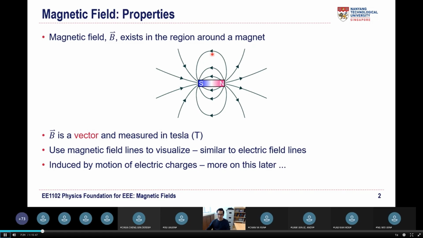And of course, that means all the rules that we use for electric field will apply to the magnetic field lines, such as there's no crossing of 2 magnetic field lines. You always have to do a vector sum of 2 contributions,